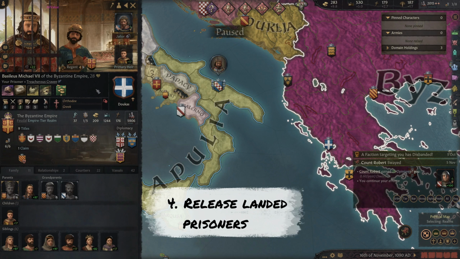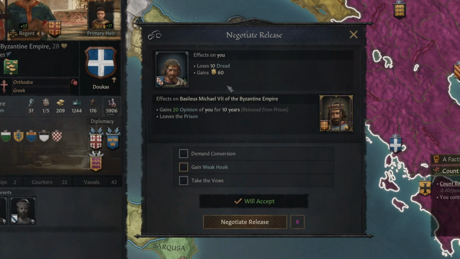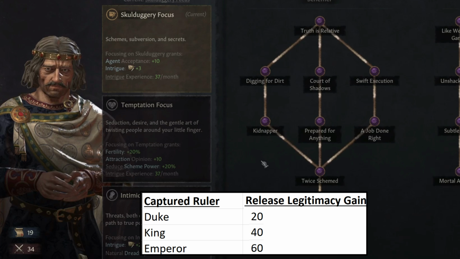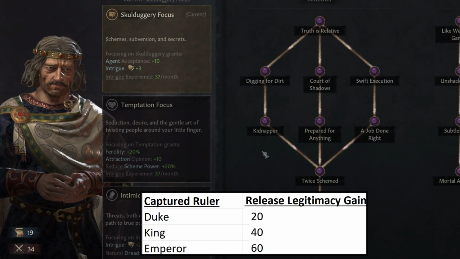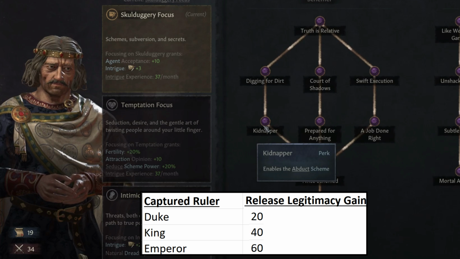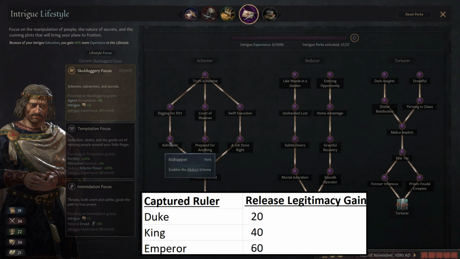The next way to increase legitimacy, if you have captured rulers, you can negotiate their release and release them for legitimacy scaled by rank. There is no gain if you release them with strings attached, so if you're in the intrigue lifestyle, you can repeatedly abduct kings and emperors for some easy legitimacy. This is one reliable way to get legitimacy, although it comes at the opportunity cost of being in the intrigue